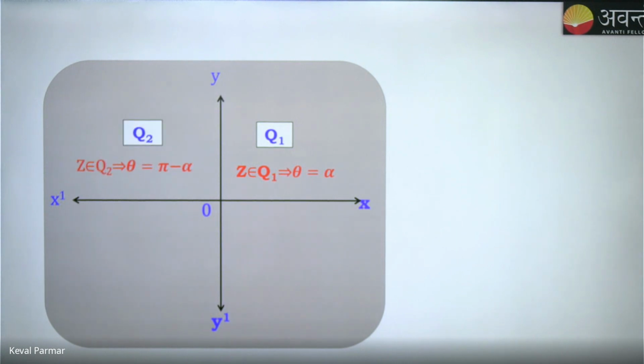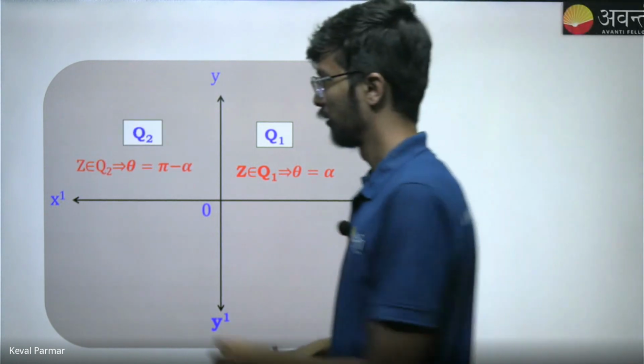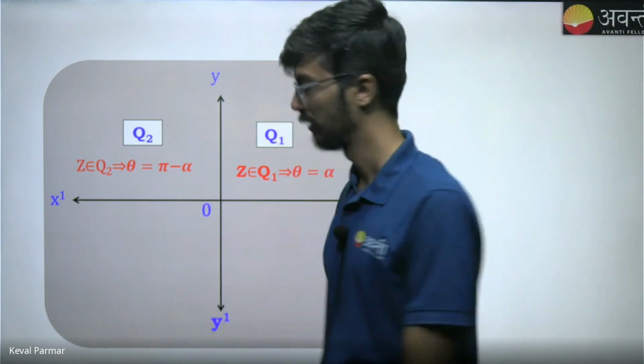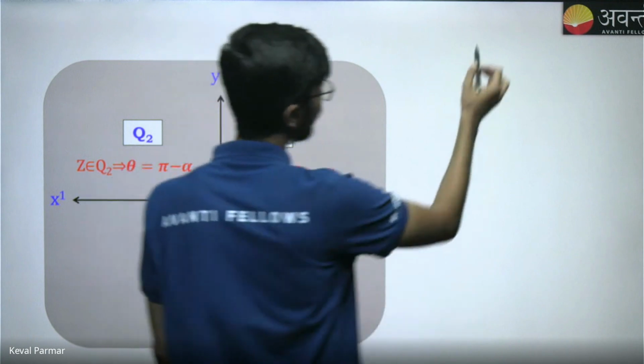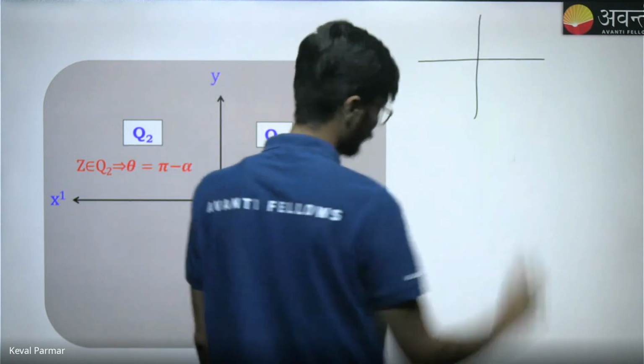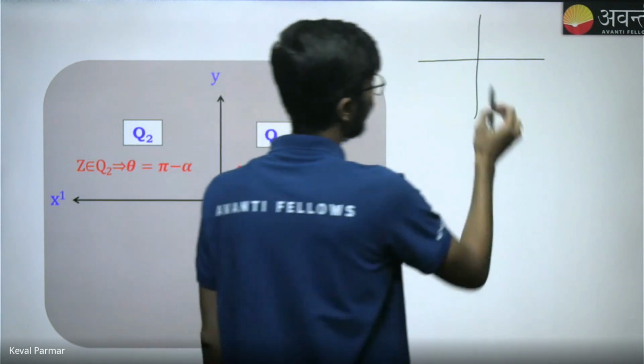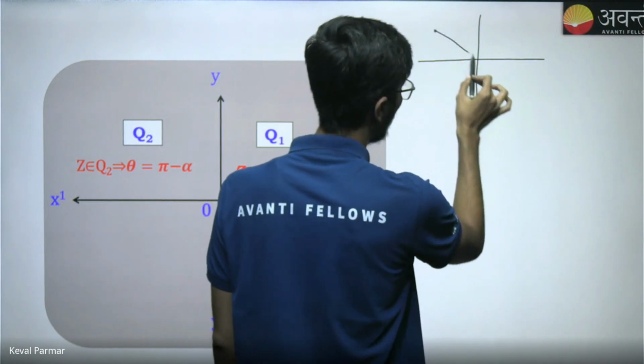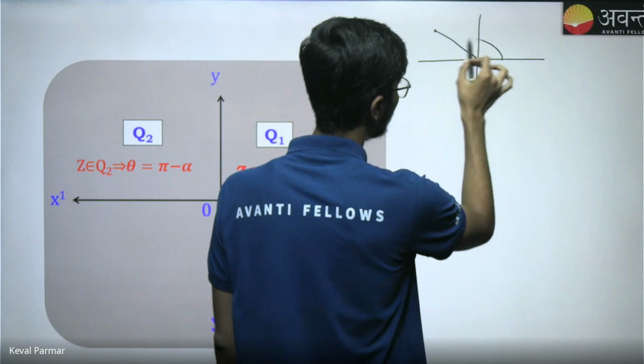Q2. Now if you look at theta, it is pi minus alpha. Let me make a diagram here to show you that if z, or you can say P, is in the second quadrant, then this is the angle and this is the argument,